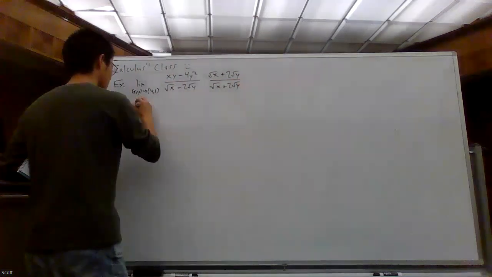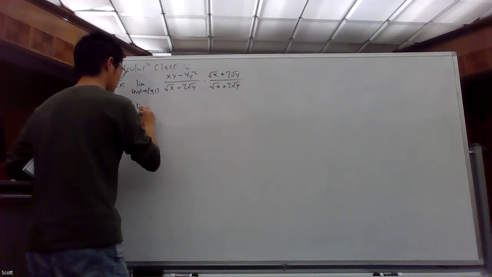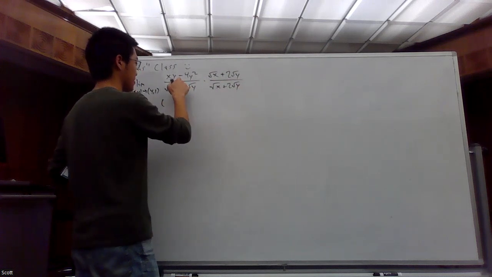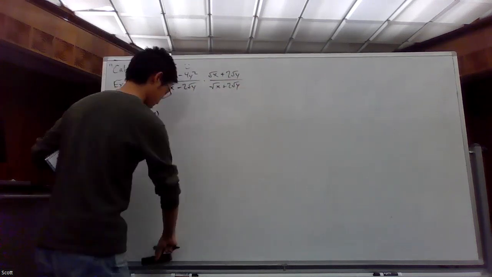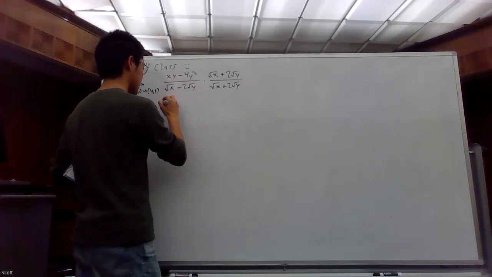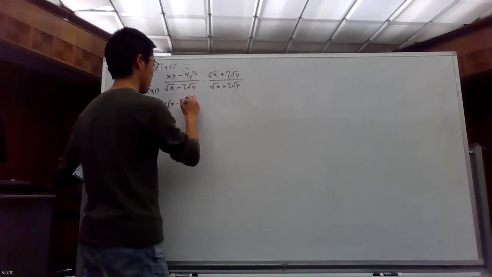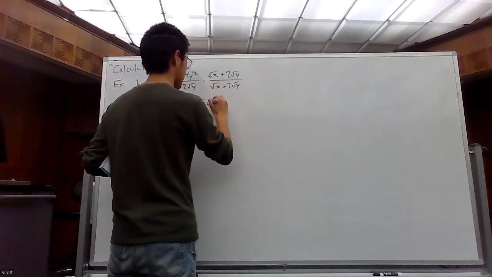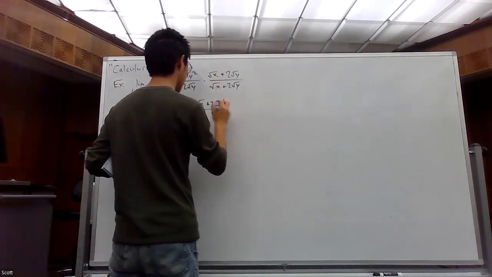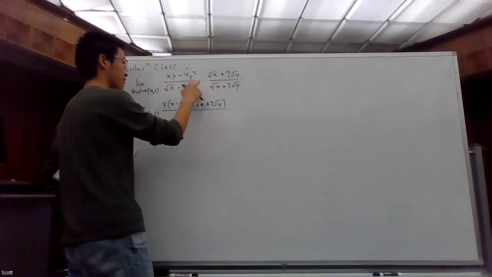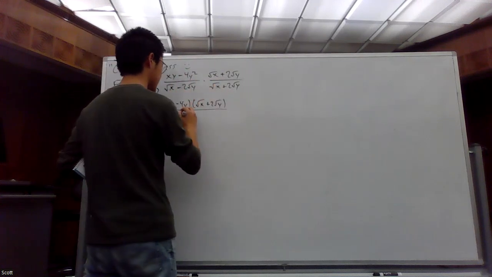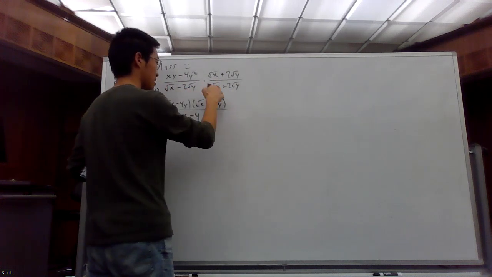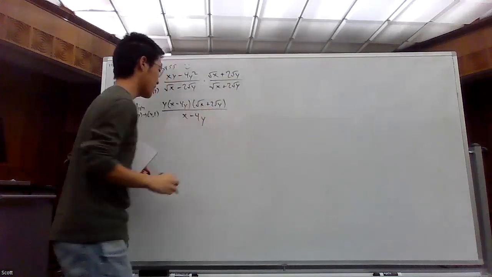Because now we have the limit as (x, y) goes to (4, 1) of, and then we could actually factor this. So if we take out one of the y's, we get y times (x minus 4y). Everyone see that? And then times now this, the square root of x plus 2 times the square root of y. Now, difference of squares kind of factorization here. So square root of x times square root of x is x. Cancels, minus 2 times 2, and then root y times root y.